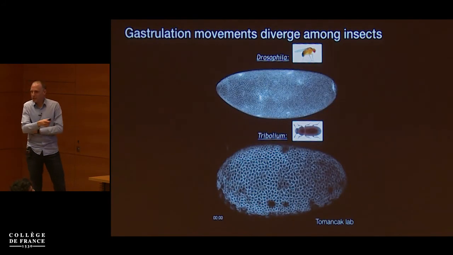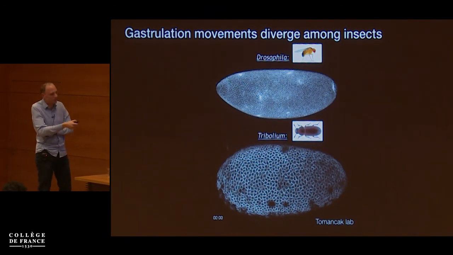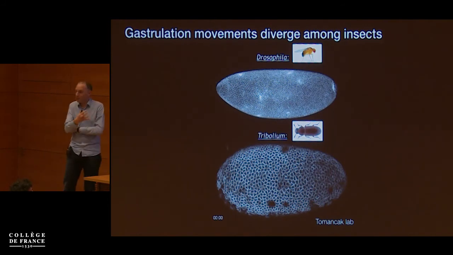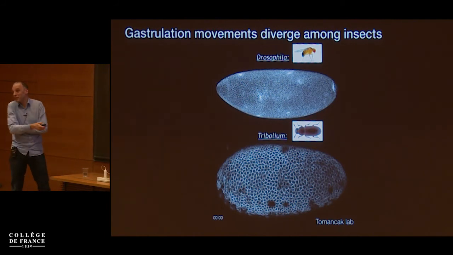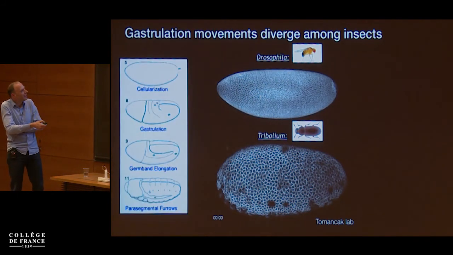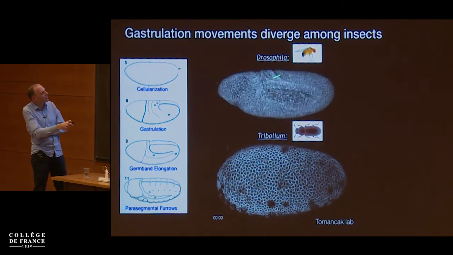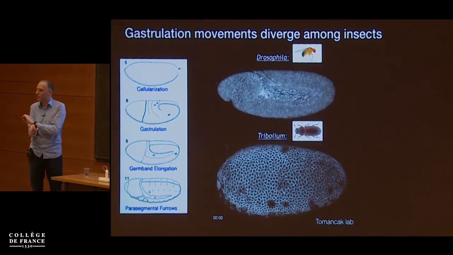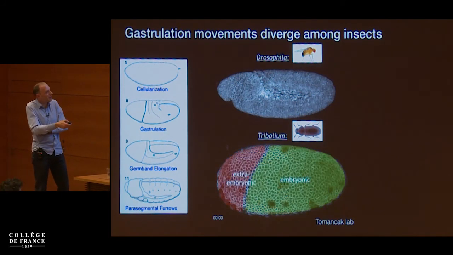Tribolium gastrulation. This is a project we've been pursuing with the Tomancak lab. This is concerned with gastrulation and with gastrulation movements, so with large-scale tissue movements that cause the inversion of a tissue to make 3 germ layers. And all we've been interested in, I'm just going to keep it very simple, is this movement, which in Drosophila, so these are both insects, they behave quite similarly in many aspects. They have the similar genes that give rise to the patterning. The type of gastrulatory movements are a little bit different.